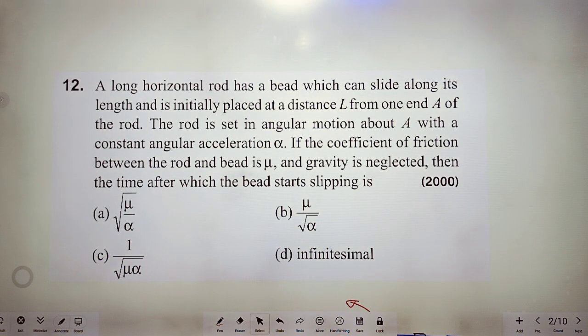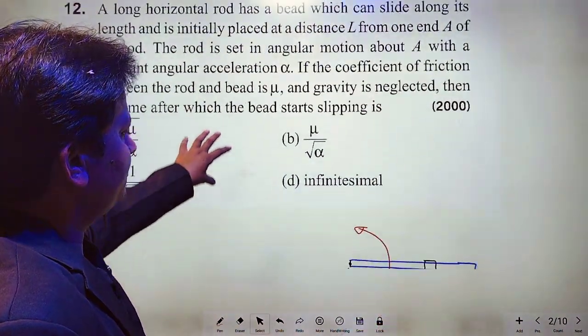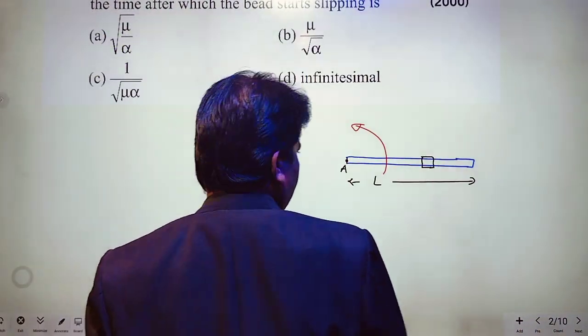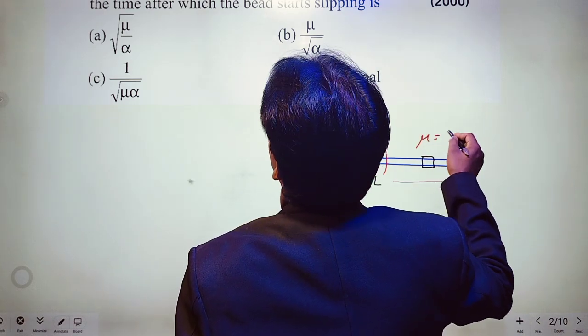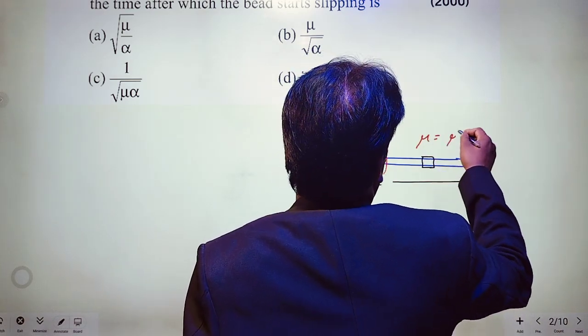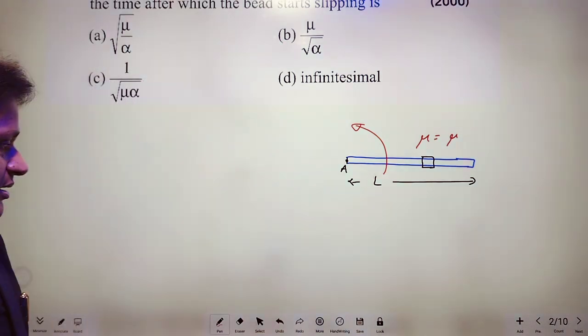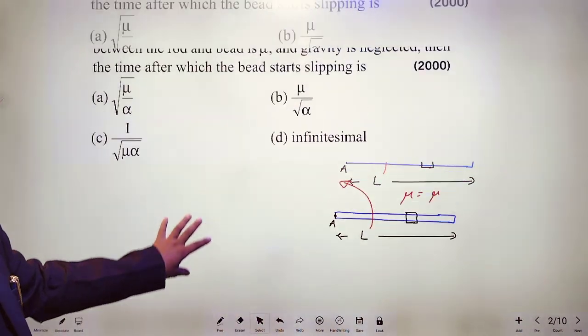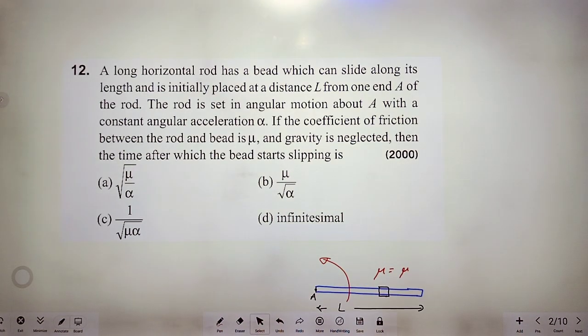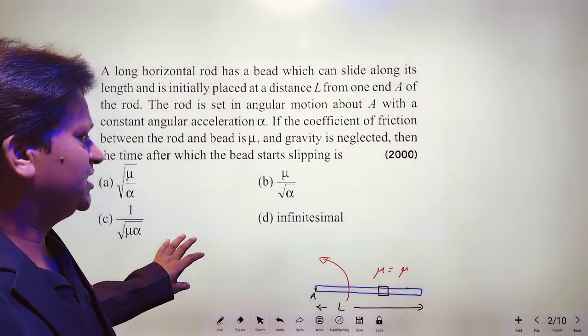If the coefficient of friction between the rod and bead is mu, here the friction coefficient is given as mu. And gravity is neglected. Then the time after which the bead starts slipping is